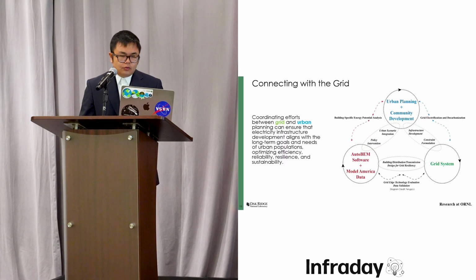Coordinating these efforts can ensure the electricity infrastructure development aligns with the long-term goals and needs of the urban population, and optimizes the efficiency, reliability, and resiliency of the community